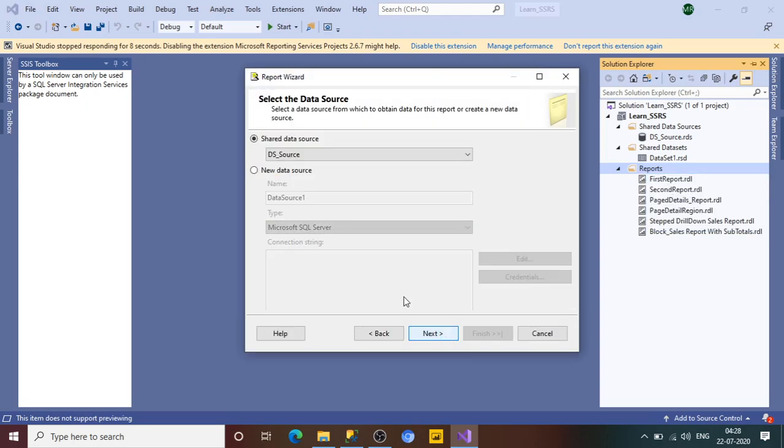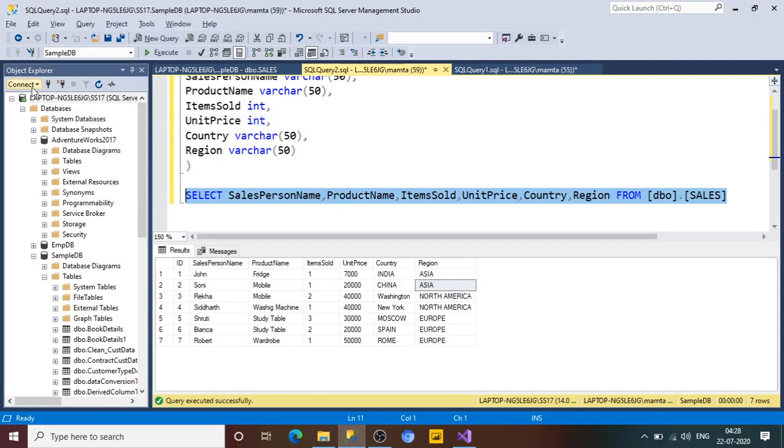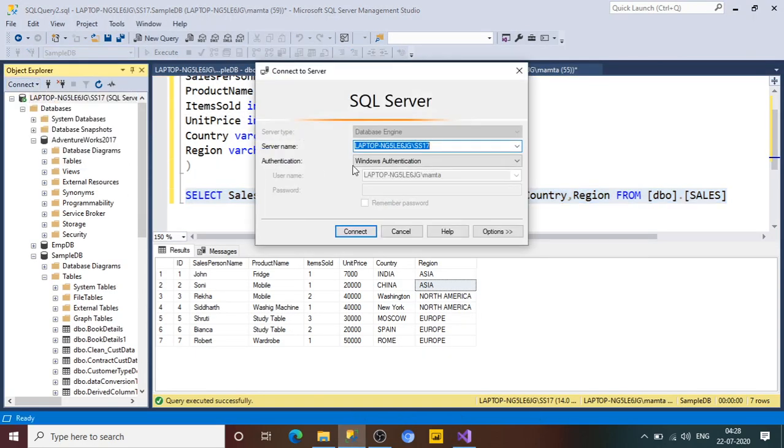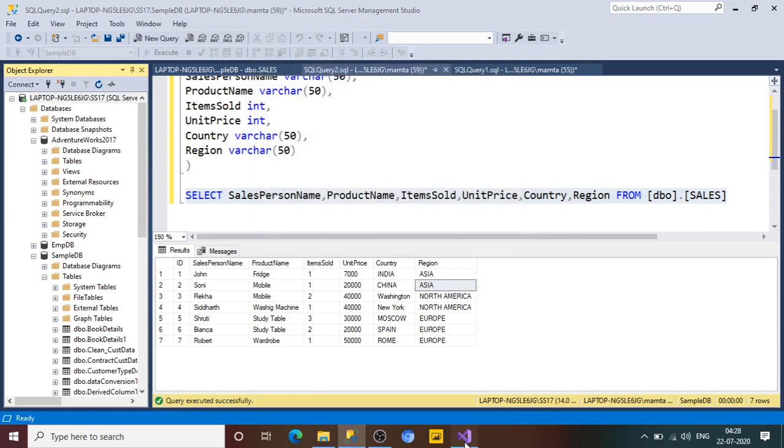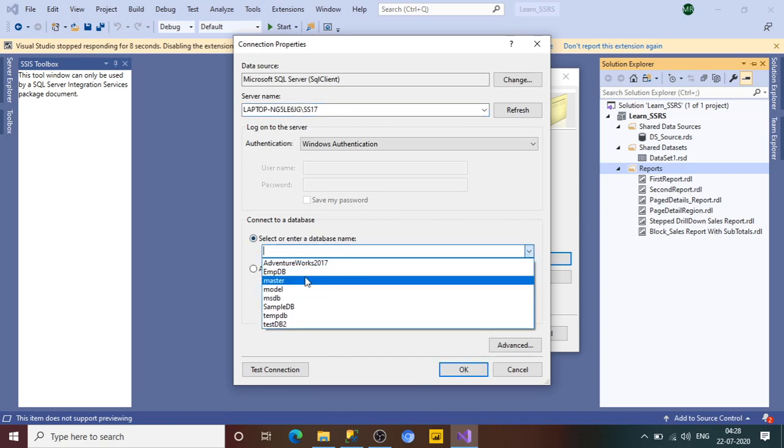Click on next here and we need to choose the data source. So keep the same name, or if you want you can change the name of the data source as well. Click on edit. Here you want to give the connection string. For that you need to provide the server name. So go to the SQL Server Management Studio, click on connect, click on database engine. Here you can get the server name. Copy this, close this dialog box, go here, paste the server name here,